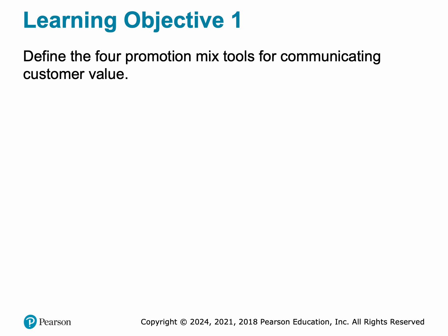So if we think about, in summary, the learning objective 1, a company's total promotion mix, or it's also called marketing communication mix, consists of specific blend of advertising, personal selling, then that sales promotion, and we'll go over these, so don't worry about that. Public relations and direct and digital marketing tools.